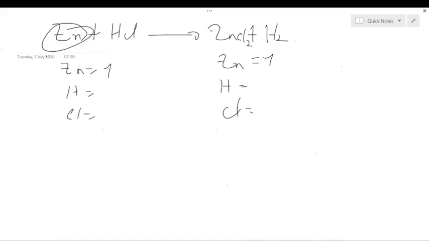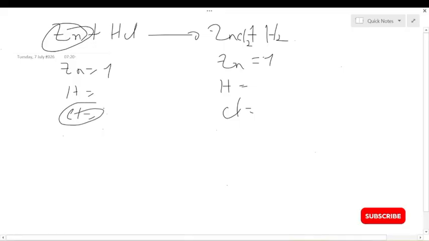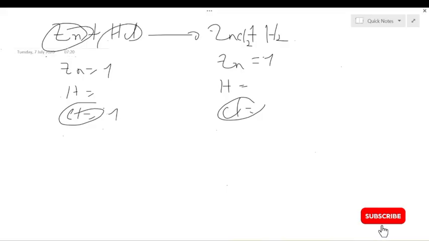So this is a metal. We start with metal first, go to the non-metals, and complete with hydrogen or oxygen. So we are going to balance chlorine first, which is a non-metal. Even though these 2 are non-metals, we balance chlorine first. How many chlorine do we have here? We have only 1 chlorine. But on this side, how many chlorine? We have 2 chlorine. So multiply this 1 by 2 to add in front of the compound containing chlorine,